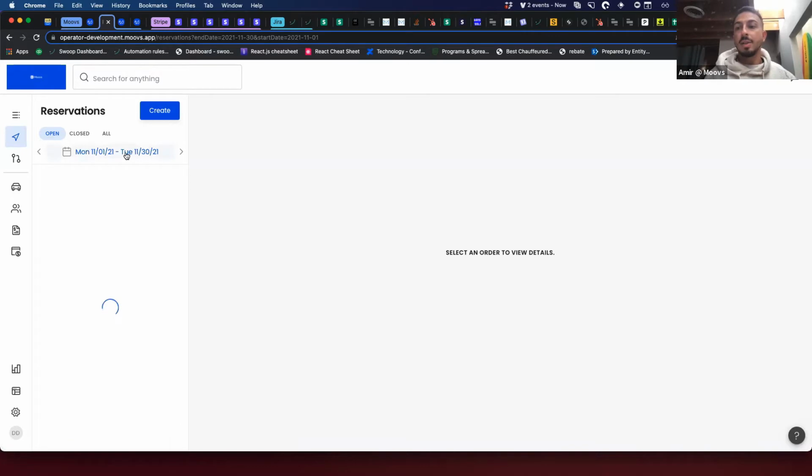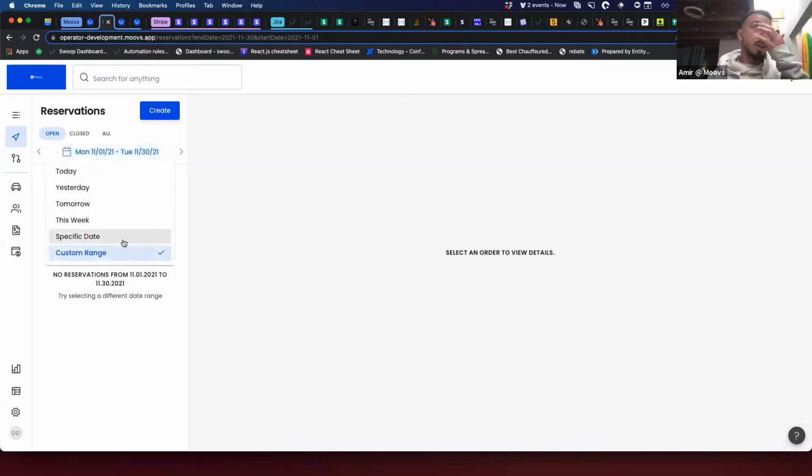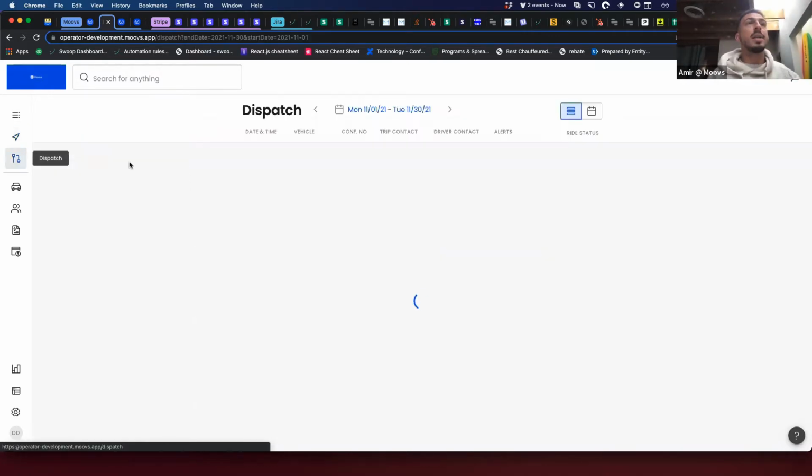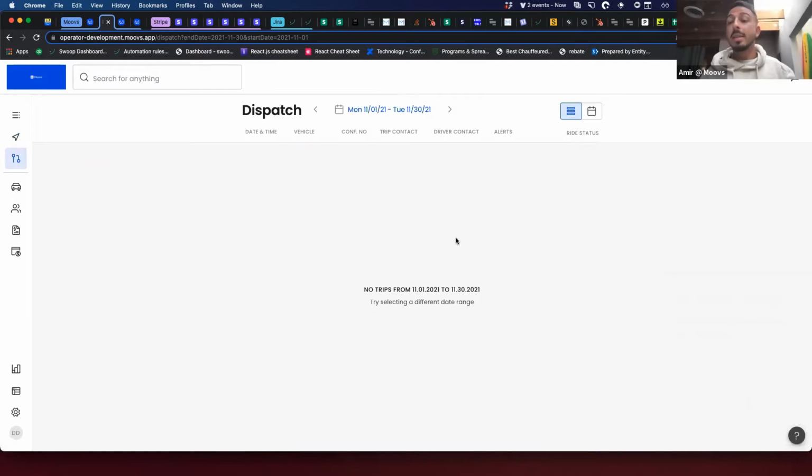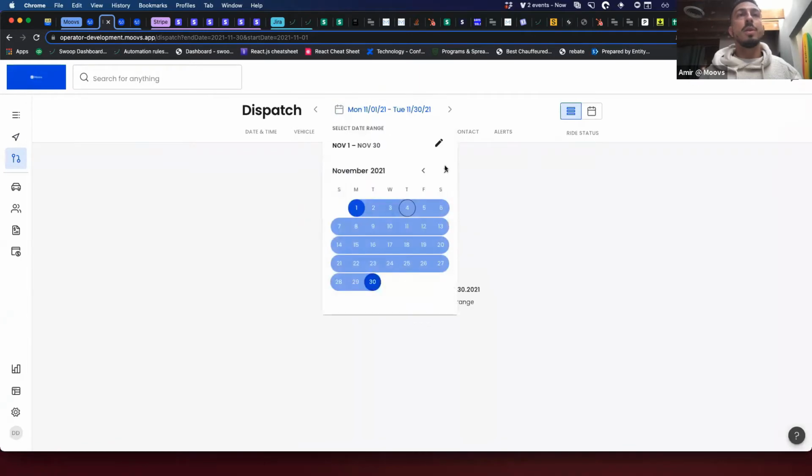There's a new way to select custom ranges in your reservations and your dispatch screen. Why this is important is a lot of us are working in weeks or months, and it's really cool to sometimes see your trips over, say, the month span.